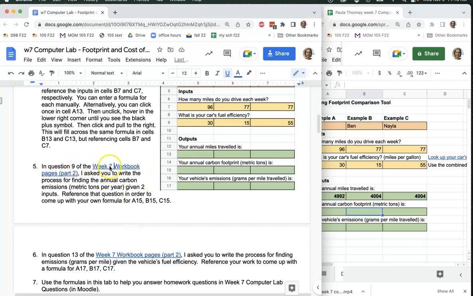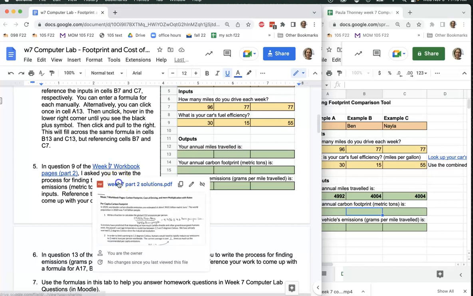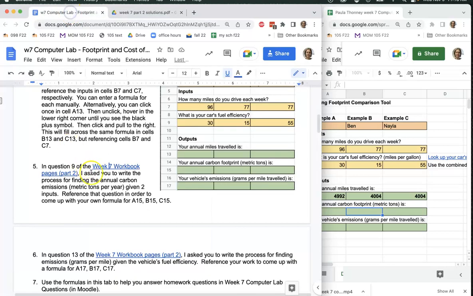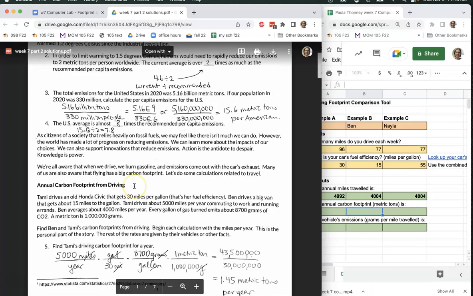In question 9 of the week 7 workbook pages, I asked you to write the process for finding the annual carbon emissions in metric tons per year given two separate inputs. Let's go take a look at that so that we can come up with the formula on our own for these three boxes. So if we pop back over to this worksheet,